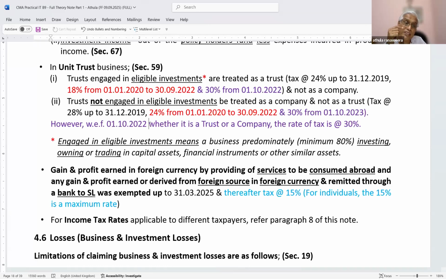But when you invest in fund managers, you have the option to select what types of investments are permitted. If you have permitted only the share market, that is one category. If you have permitted only treasury bills and treasury bonds, that is another way. Therefore, depending on that option, we have to consider it in deciding the tax. But to me, we can argue in the unit trust that it is a capital gain.